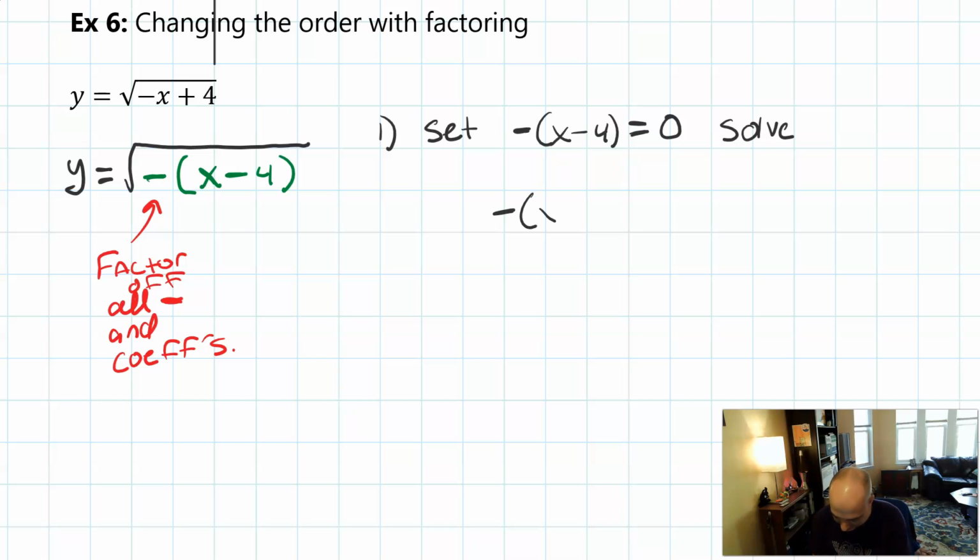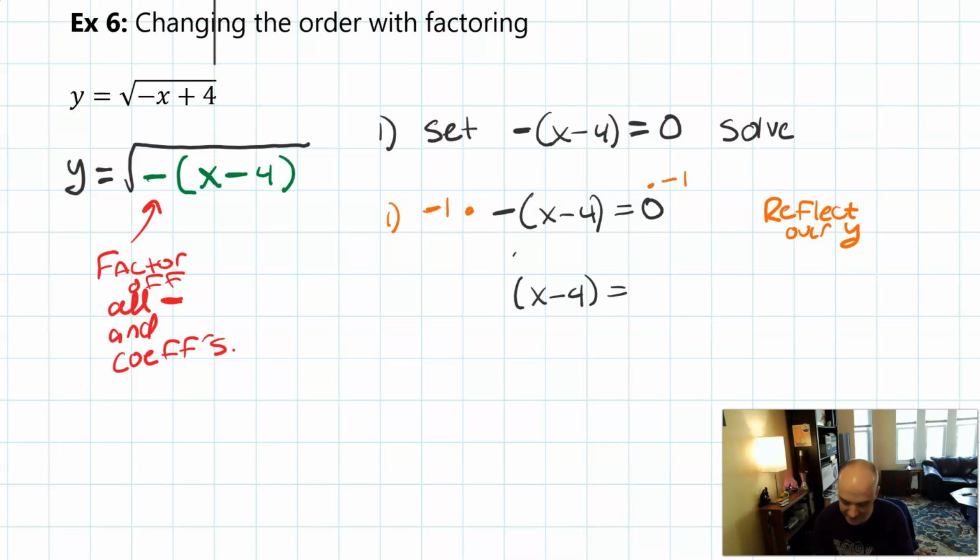But to solve this, now the negative's on the outside. So as I solve from the outside in, I would first multiply by -1. And that's going to correlate with the reflection over y. That's step 1. And then I would get x minus 4 is equal to negative 0. Oh, but negative 0 is just 0. So then to solve this further, I would add 4,